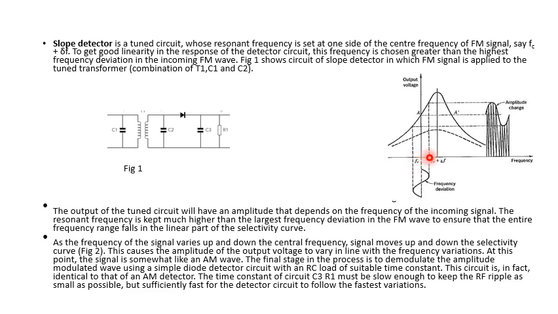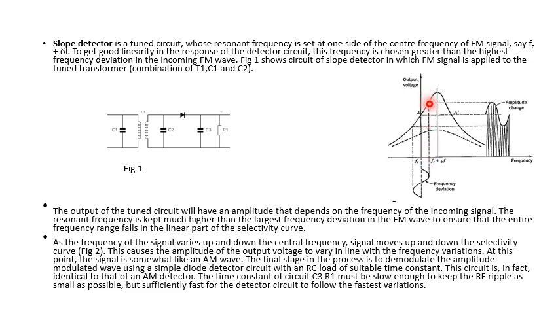So in this span, the frequency variation of the FM signal lies. As we can see from this figure, the resonant frequency of the secondary coil is kept higher than the highest frequency of the FM wave,